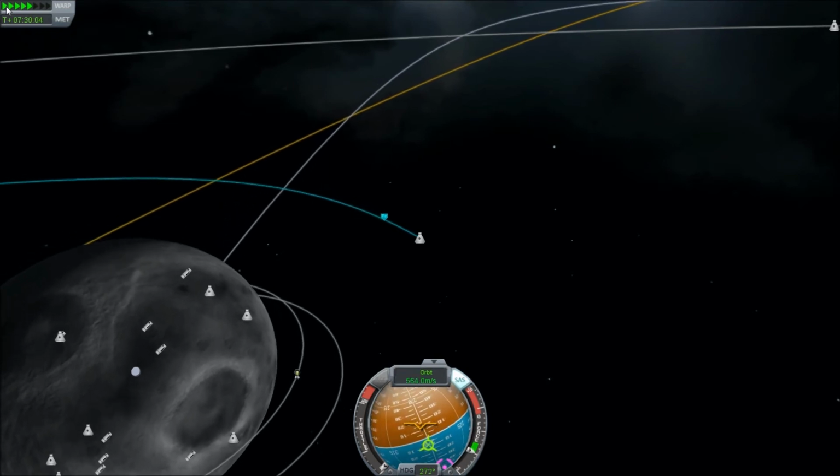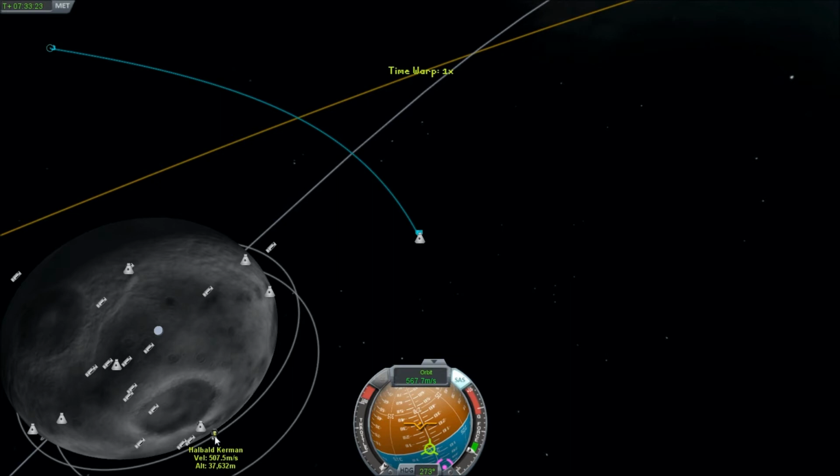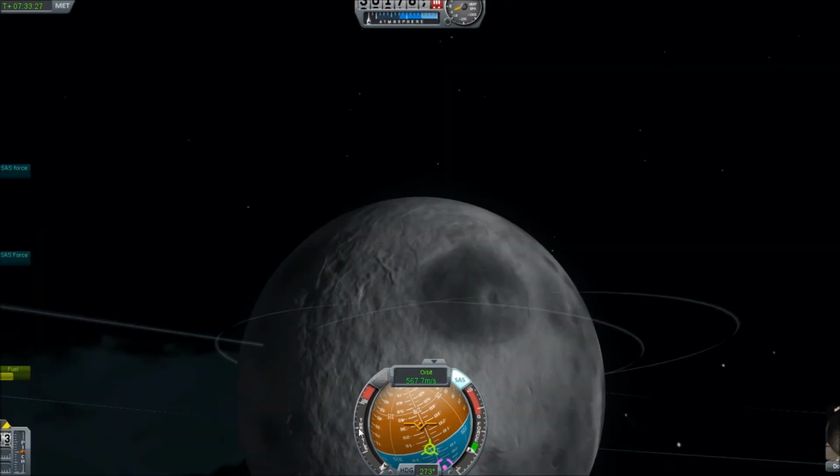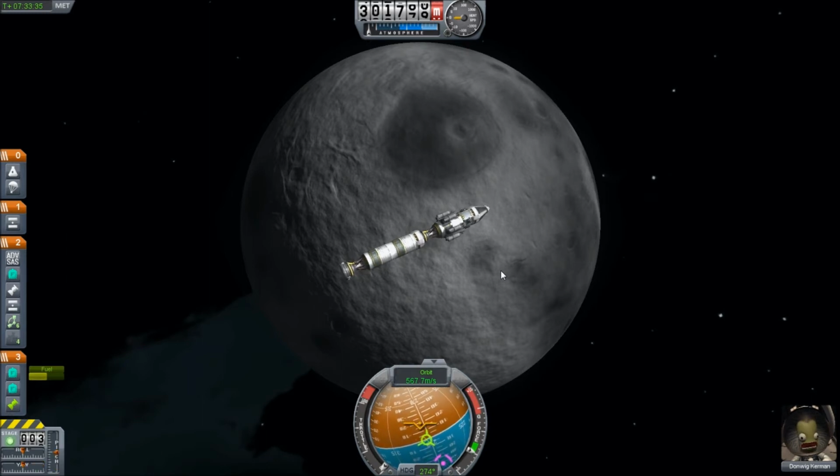Come on. Hey, look, there's a Halbold Kerman. He's actually in orbit around the moon. Got him there with just a jetpack, but now he's out of fuel, so he's basically trapped forever. Right. So